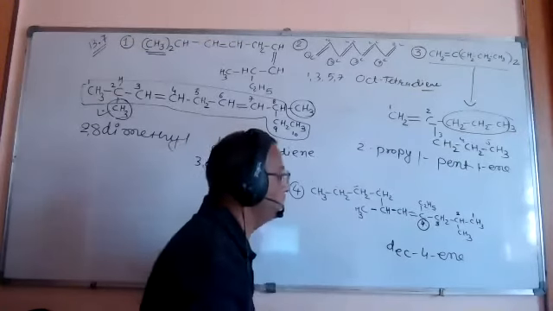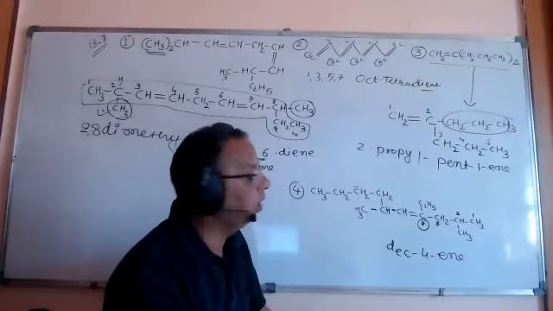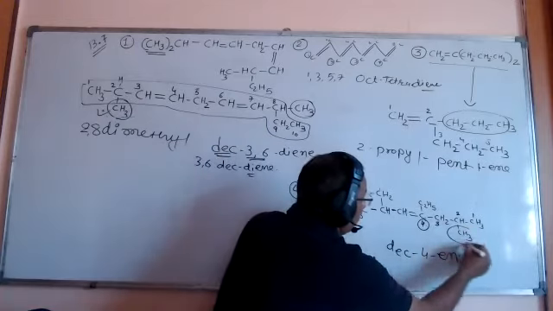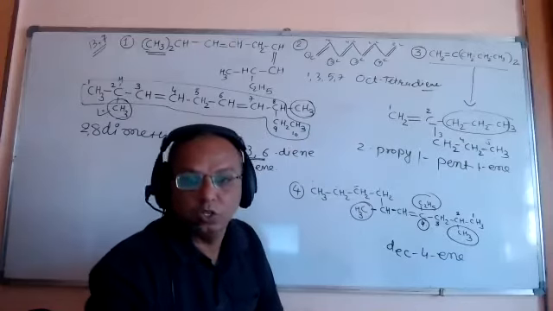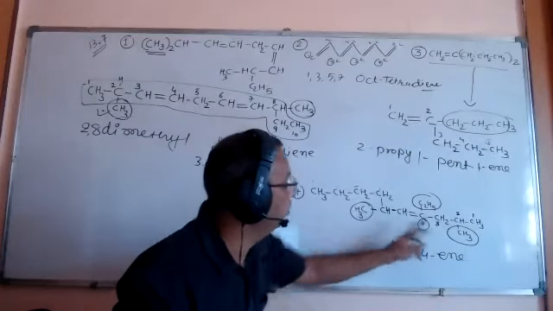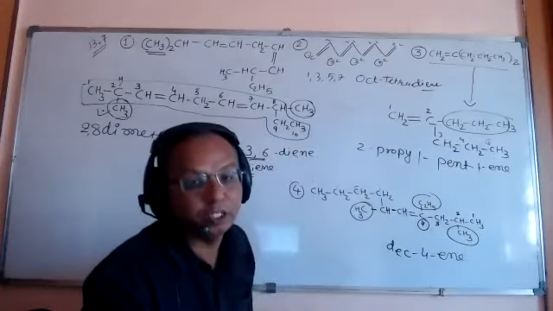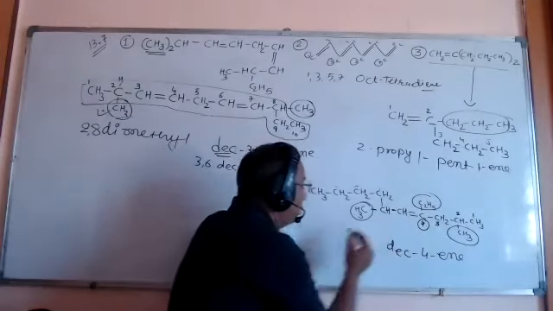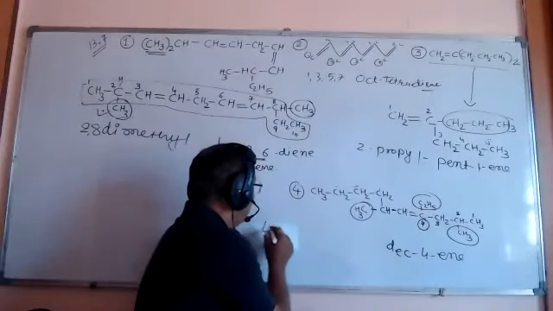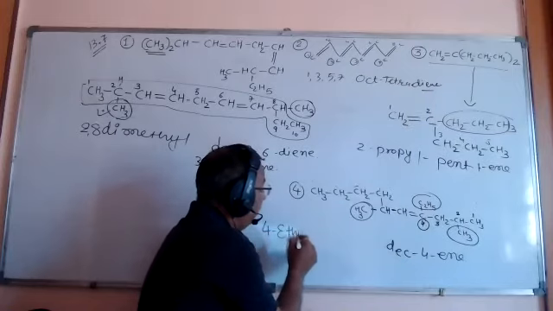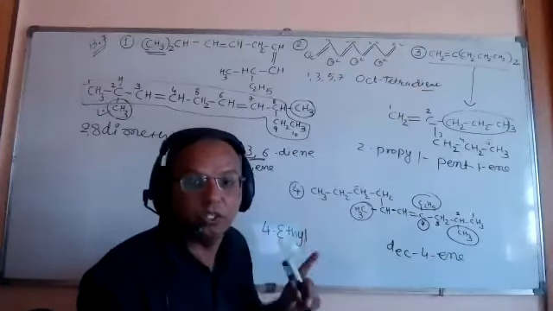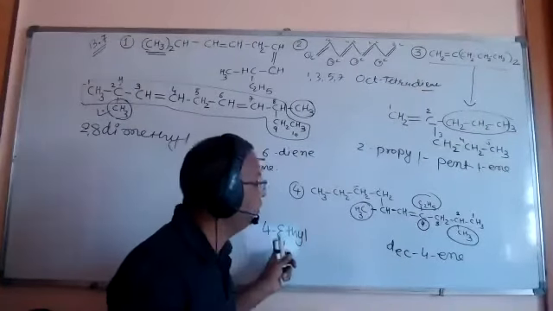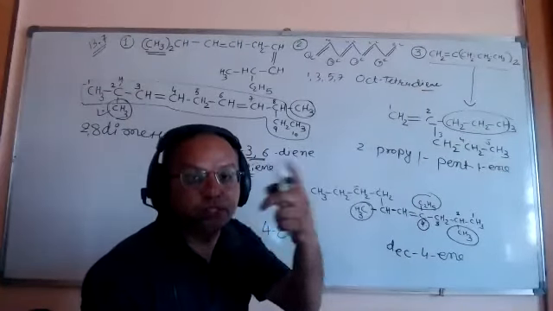Now, what is present in branches? So this is one branch, two branch. This is also considered as branch. So you can see, friends, two times methyl and one time ethyl is present in a branch. So on the fourth carbon, ethyl is present. So we should write 4 ethyl. Why is ethyl mentioned first? Because we have to follow the alphabetic order. E comes first and M of methyl comes later.